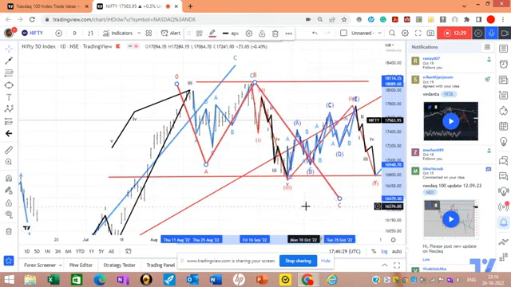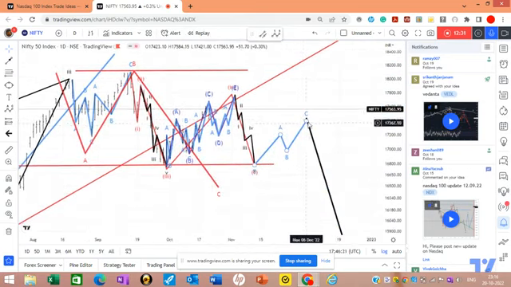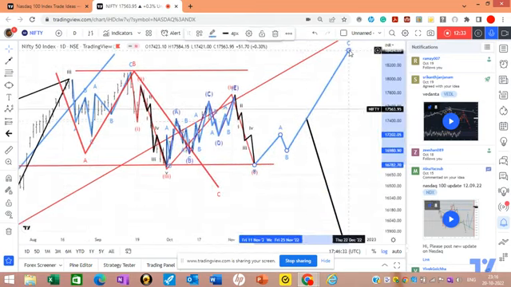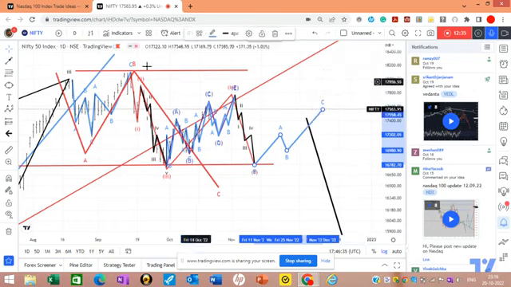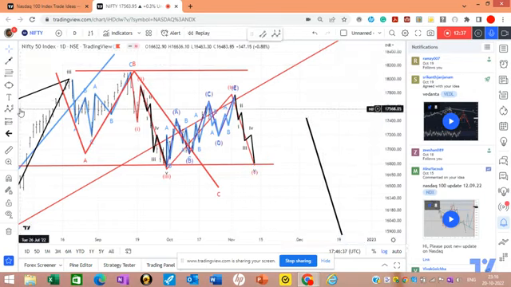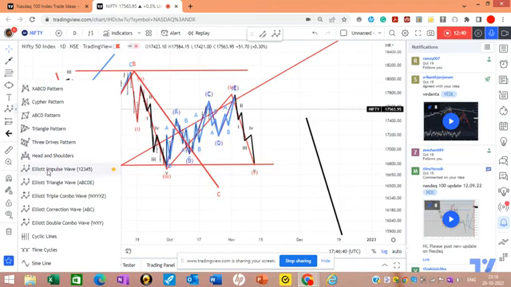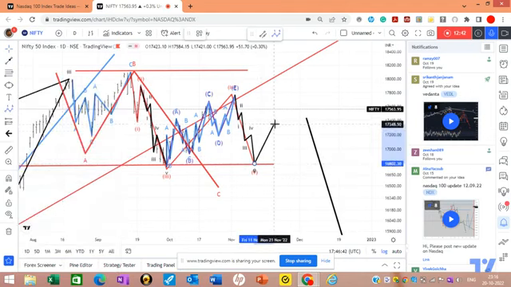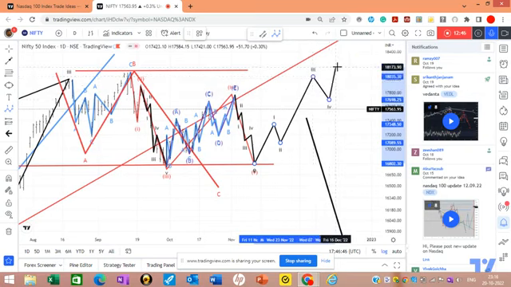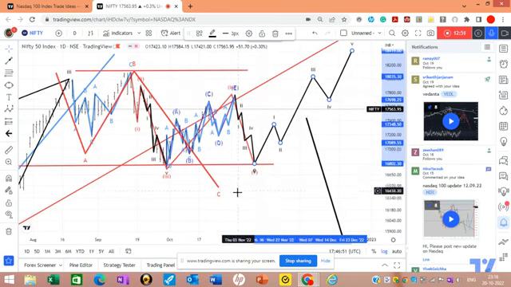And then we will have wave fifth of the fifth. Instead of having an ABC correction here, we should have fifth of the fifth. One, two, three, 4, 5. Now, which of these analyses is correct? How will I come to know about it? It is only if this wave is a five wave move or a corrective.